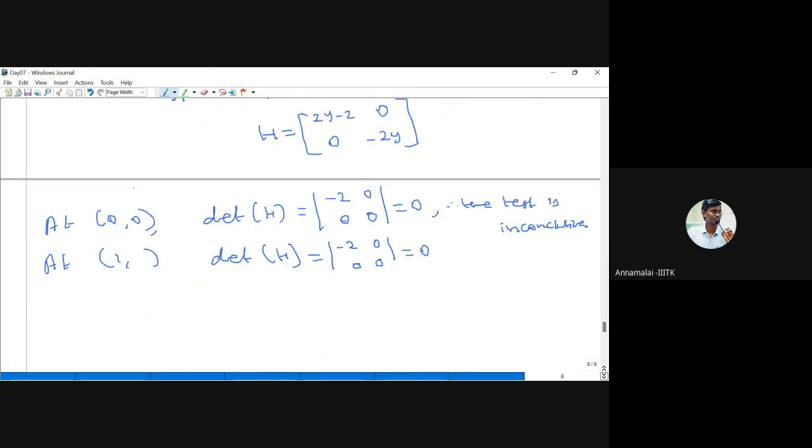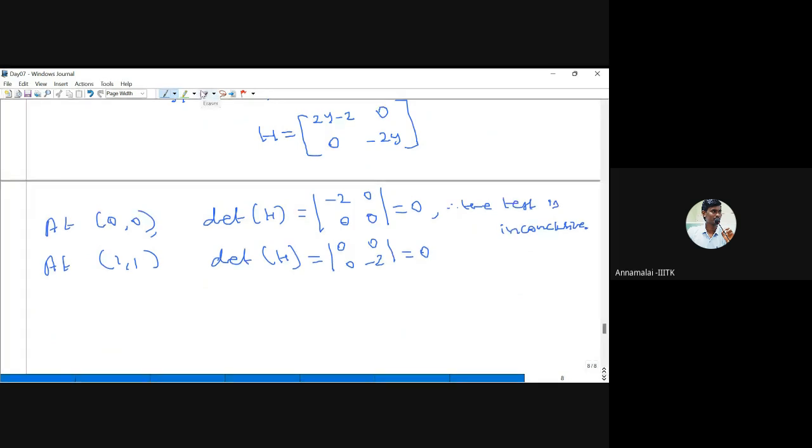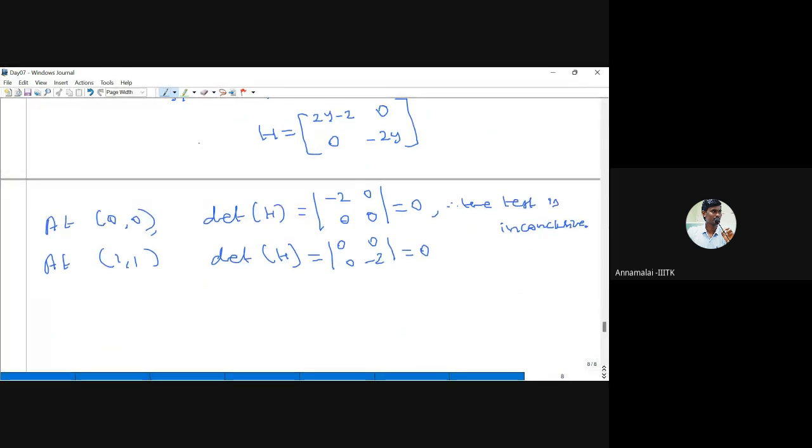At the point 1, 1, if we substitute y equal to 1, this term is 0, correct? And this term is 0, 0. And this is minus 2. Therefore, what is the determinant? Oh, sorry. Again, this is also minus 2. So again,